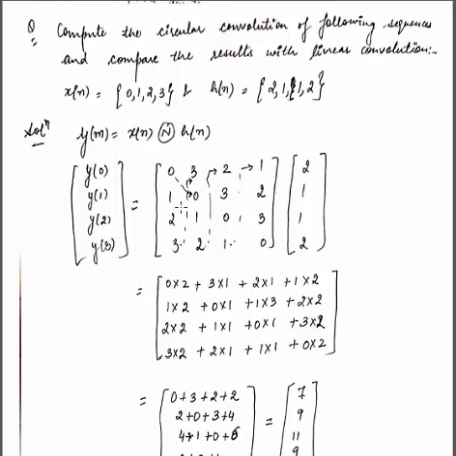And this is the x of n sequence in matrix form. x of n contains 4 samples. So this is the matrix method. x of n is in a 4 cross 4 matrix. This is h of n: 2, 1, 1, 2. In this, the first 4 samples are 0, 1, 2, 3. So I am writing the first 4 samples vertically, that is 0, 1, 2, 3. And whatever you entered last, that is 3, that means the last sample you need to write here again at the starting of the second line.